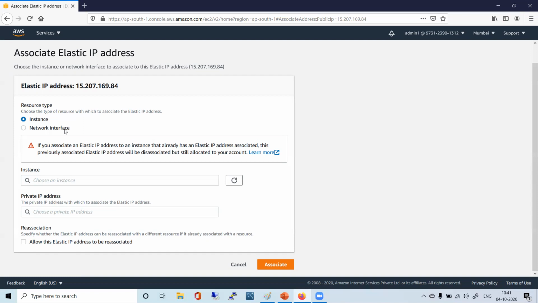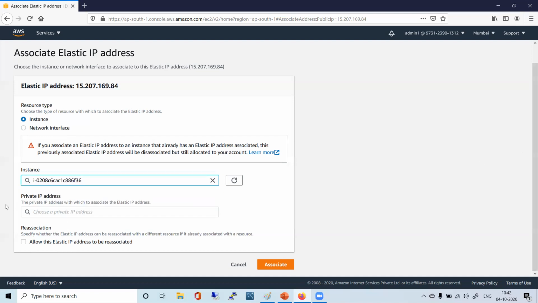Now this ENI, you can move from here to there, you can detach it from one instance and attach that network interface to some other thing also. So that's why you have a choice. You can associate this EIP with the network interface, or you can associate it with this particular instance. If you just see here, it gives you a choice of running and stopped instances. Say I am choosing this running one.